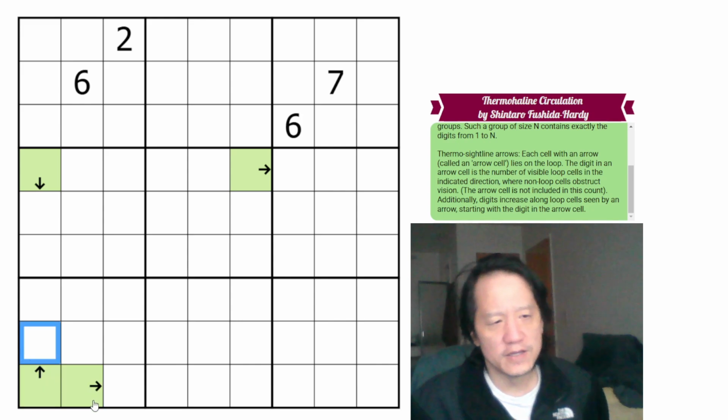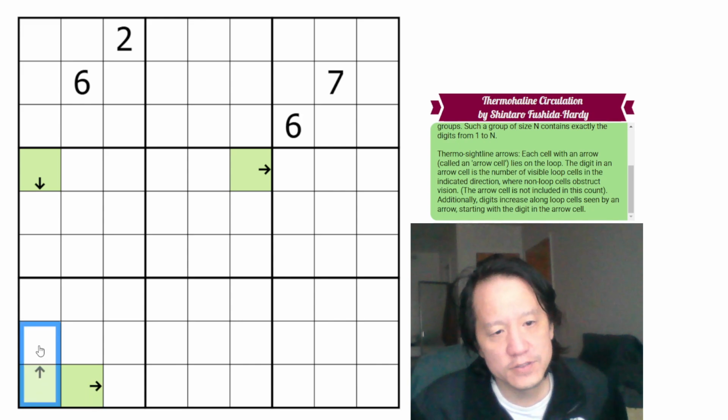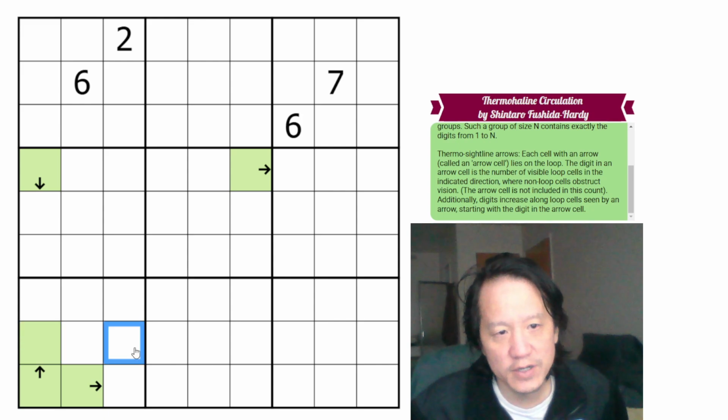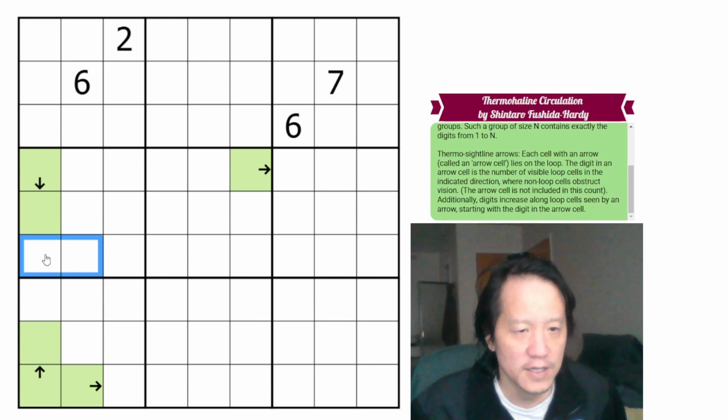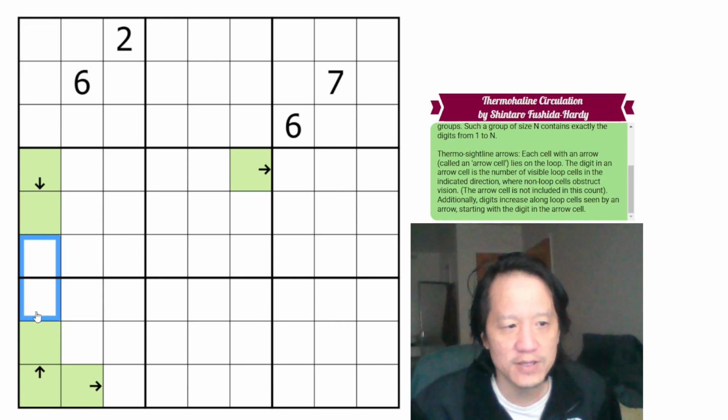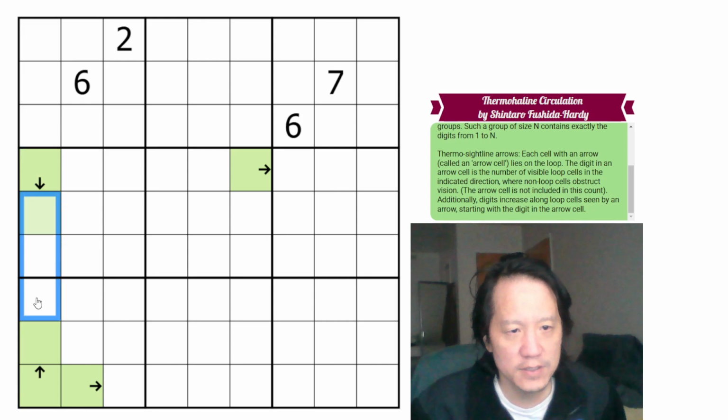So one thing is that it has to go this way because, well, okay, both of these have to go this way because that has to be at least 1. One of them has to contain this one and then go out, because if you connected this complete thing, right? The problem is they would both see,